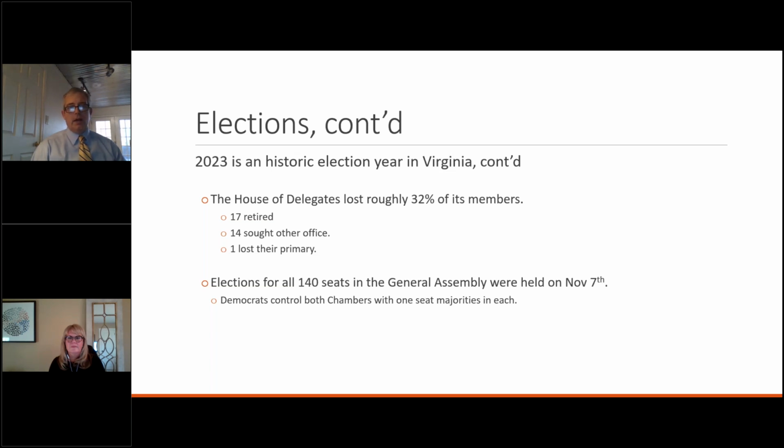And as we've already said, Democrats control both chambers of the General Assembly now, although with one seat majorities. One seat majority is still a majority. And so what does that mean? We'll take the House of Delegates, for example, which was formerly under Republican control. So now there is a new Speaker of the House, and that's Delegate Don Scott out of Portsmouth. We call him the Speaker designee. There will be a new majority leader, Delegate Charnel Herring out of Fairfax. There will be a new minority leader, Delegate Todd Gilbert out of Shenandoah, who is the former Speaker of the House. Technically, he's still the Speaker until the first day of session, but he's on his way out.